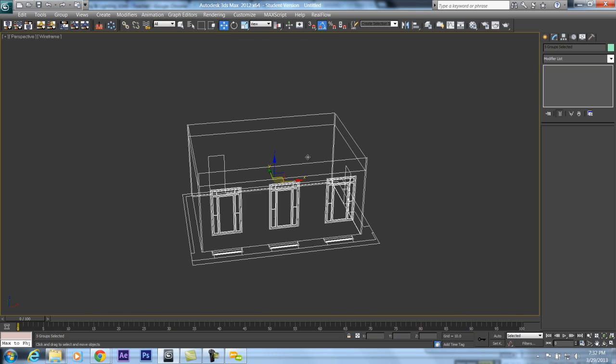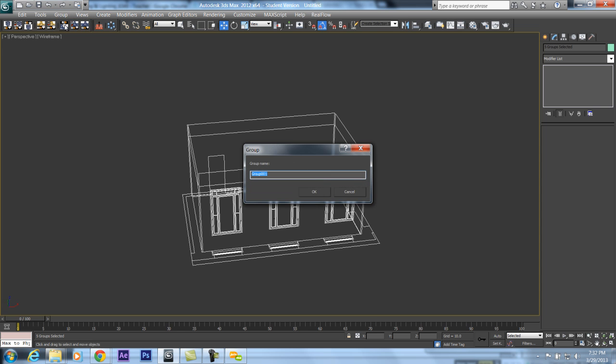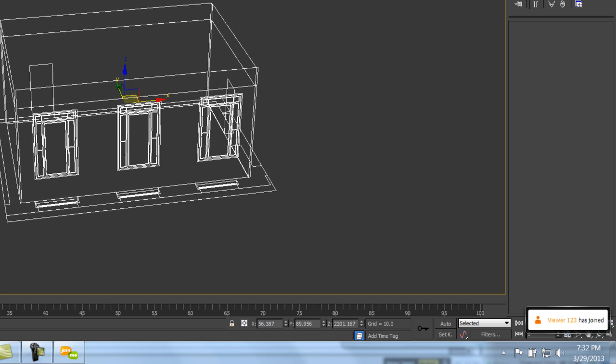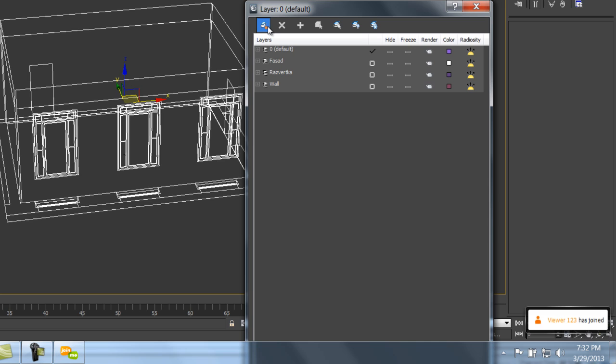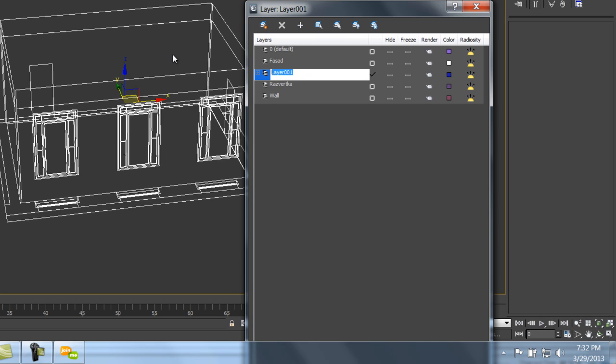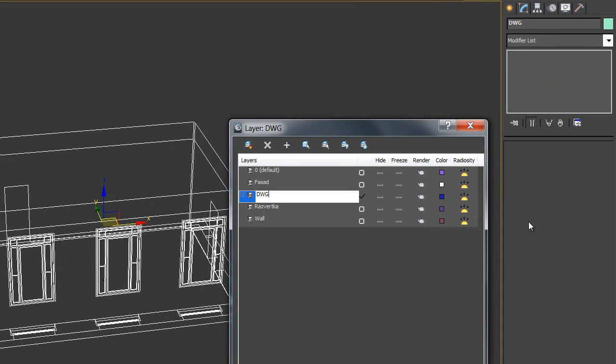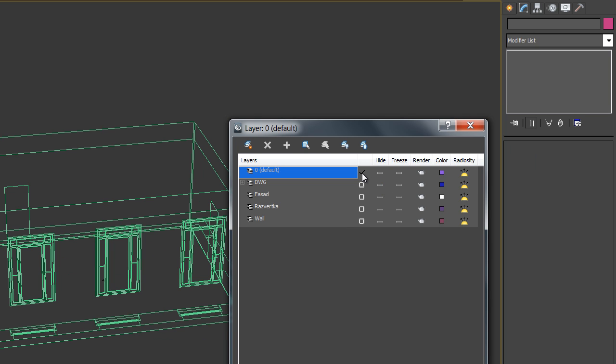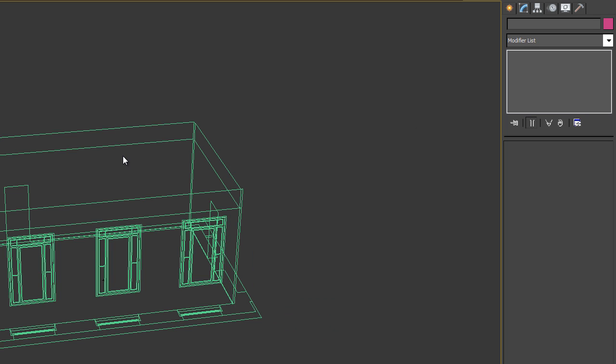The second thing is I'm going to group it, and I'm going to call it DWG. Now, of course, it's a good thing to give it a layer and place it on a separate layer so that you can hide it and unhide it anytime you need. Press enter, and here we go. We have this DWG file that you can hide and unhide. Okay, so I'm going to go back to my default layer by pressing this here, and I want to start modeling. Okay, but before I do that, I want to make sure that I'm in the right measurements,